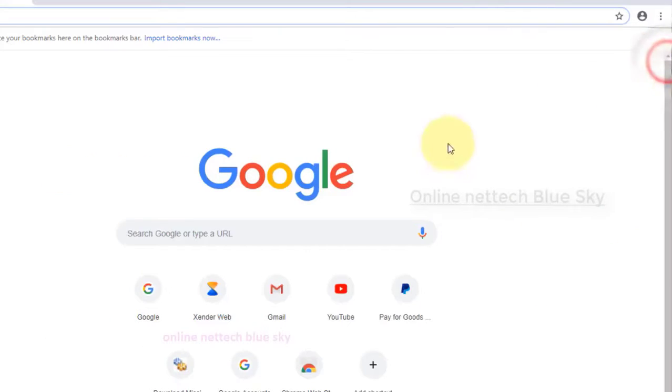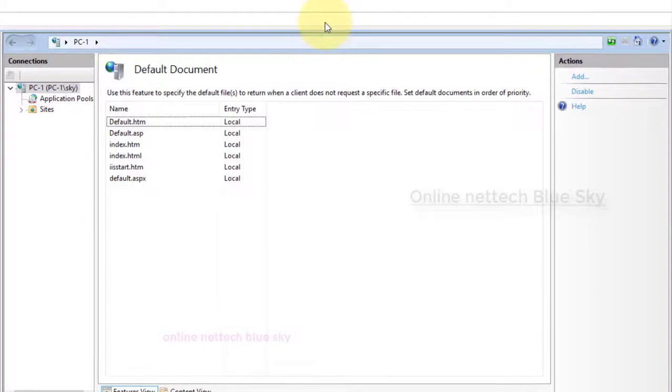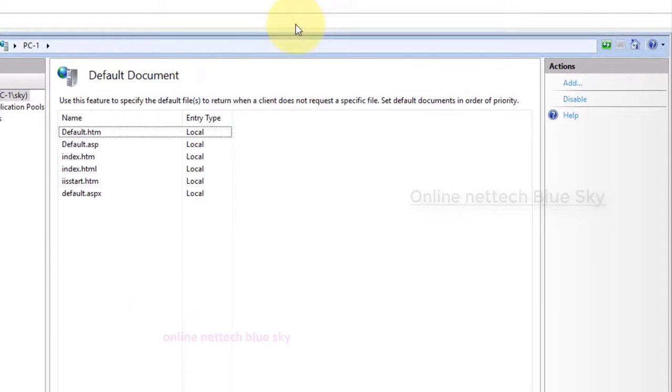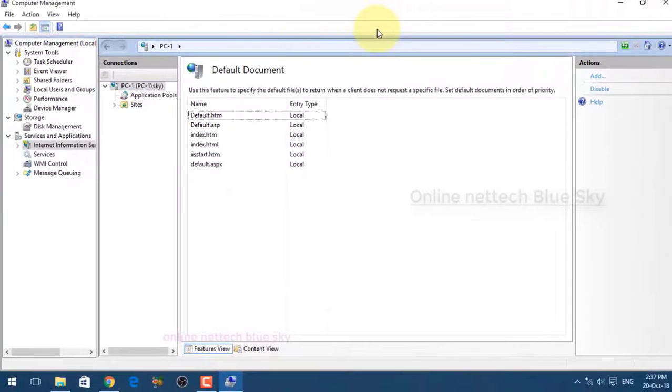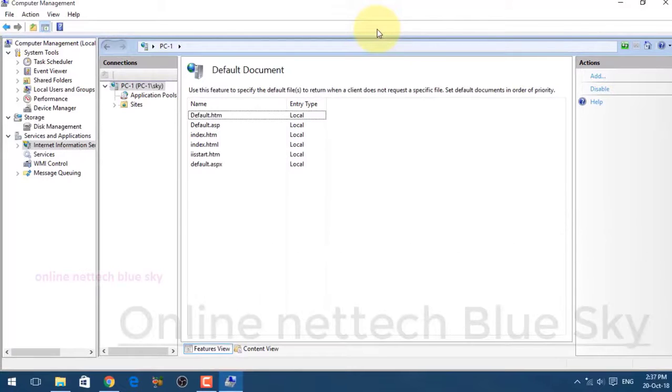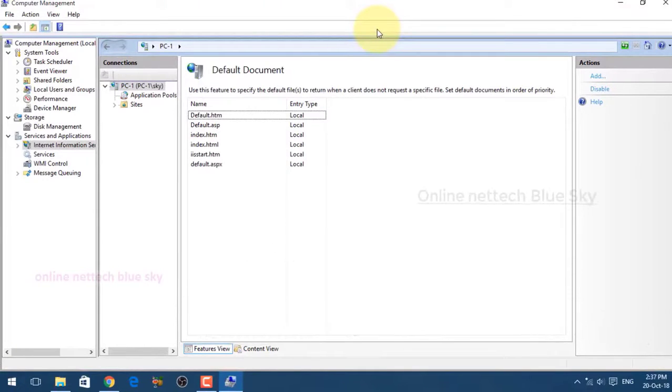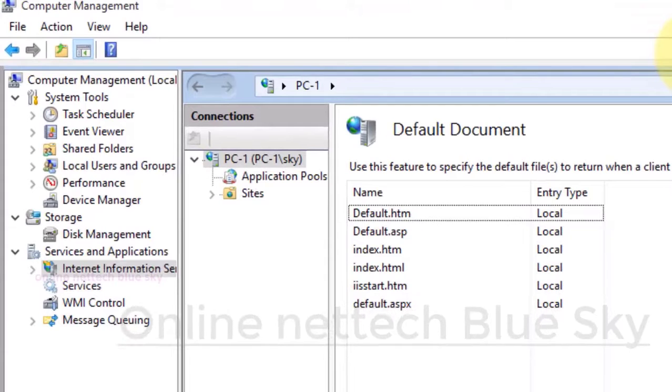This is very important for your system and the system configuration with your server. You can see the default document showing, which means the main file of your website data. So this is IIS. This only gives a Windows operating system client computer one website locally, not perfectly as a server would here.